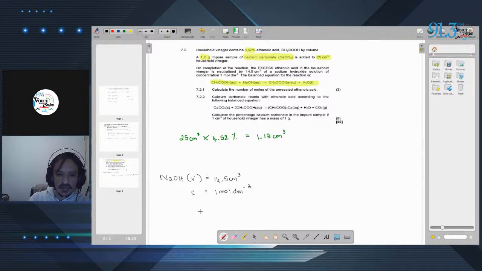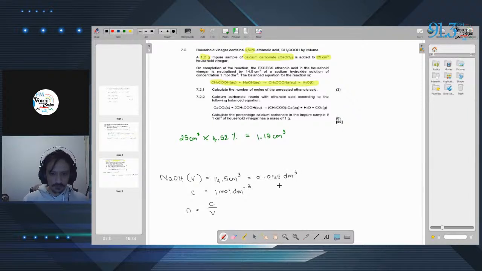So now we can go ahead and say, okay, if that's the case, C is equal to n over V. We need to convert this 14.5 centimeters cubed to decimeters cubed, because that's what we have here in the concentration. So we convert this quickly. We know that 1 centimeter cubed is the same as a milliliter. So we just divide this by 1,000, because 1 decimeter cubed is a liter. And that gives us a value of 0.0145